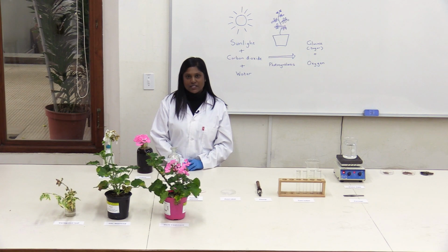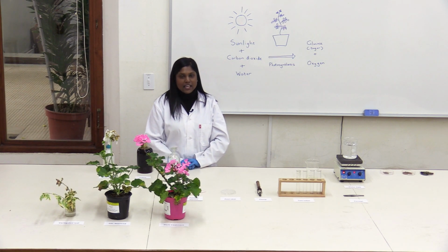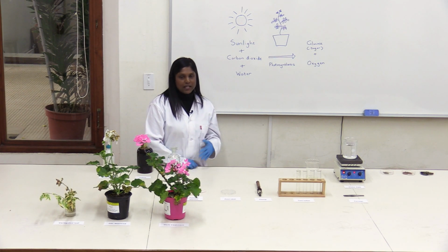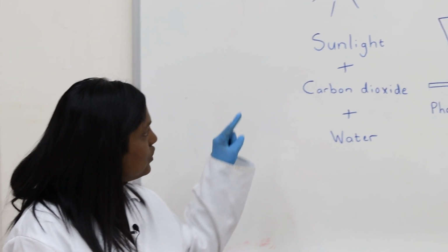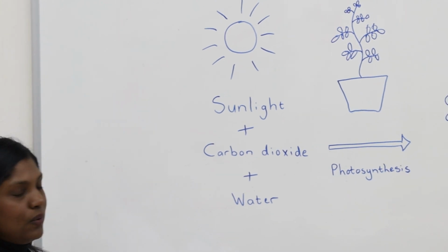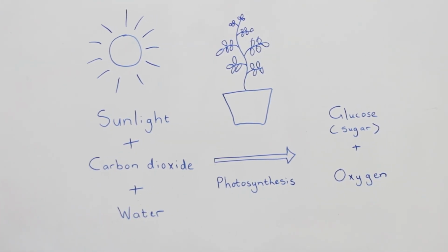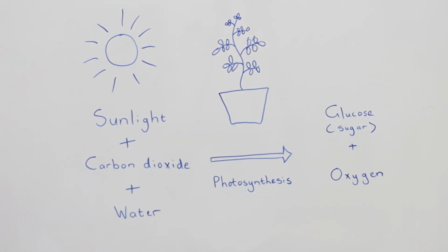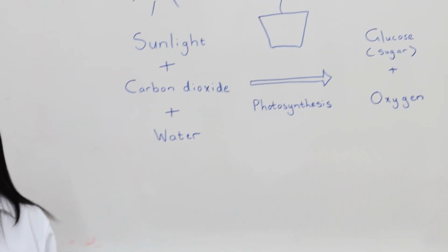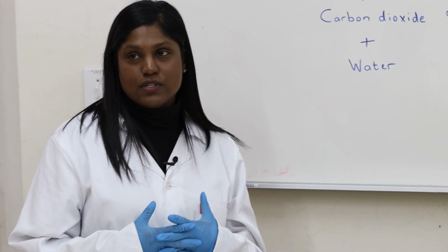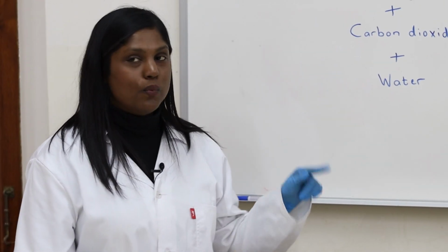Photosynthesis is an important biochemical process in which plants, green plants, algae, and some microorganisms are able to harness energy from the sun together with carbon dioxide and water to produce glucose and give off oxygen as a byproduct. This is an extremely important process because these plants are primary producers or autotrophs, and they are where we obtain